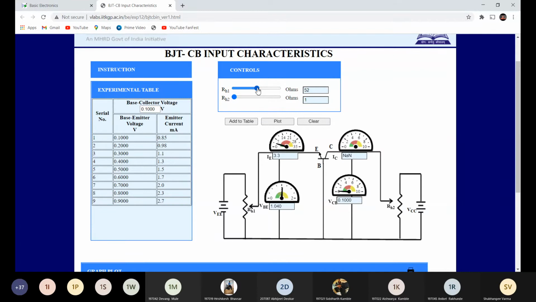Again we are going to take 15 readings, students. 1 volt, and now we are going to change in steps of 0.2. So 1.2, 1.4, and see there is an exponential change in the current, like the forward characteristic of a PN junction diode.